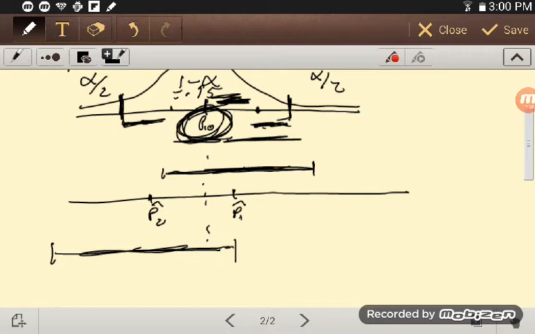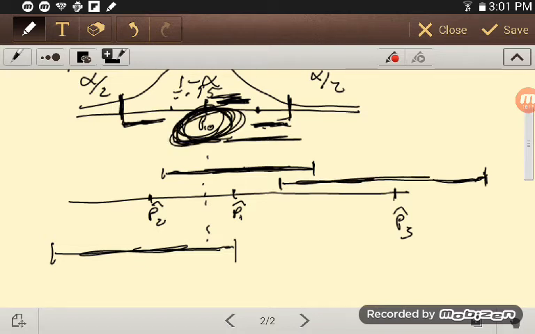However, 5% of the time I might get a p hat that's way out here, p hat 3, and this interval, when I center it, is more like this, and that interval does not contain P0. P0 is way over here. The interval didn't contain it. That happens 5% of the time, whereas these types of intervals happen 95% of the time